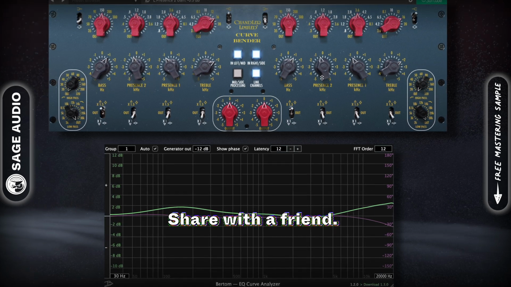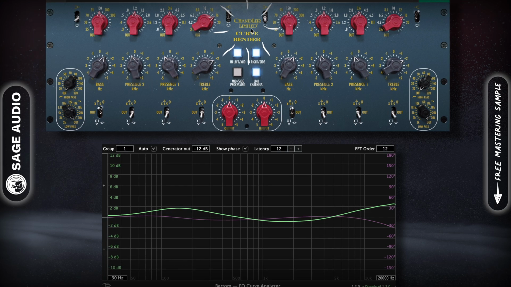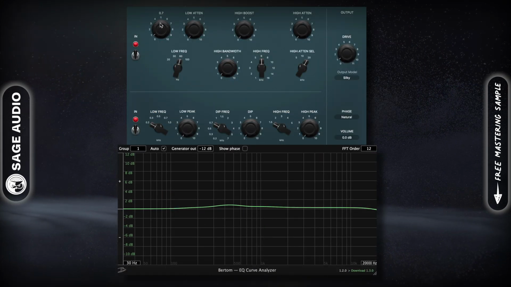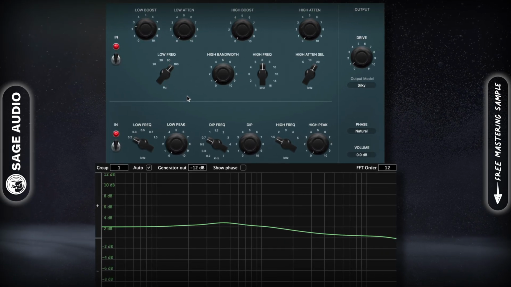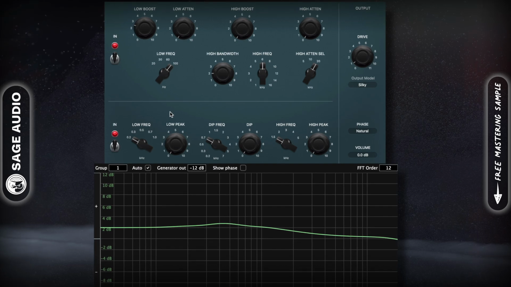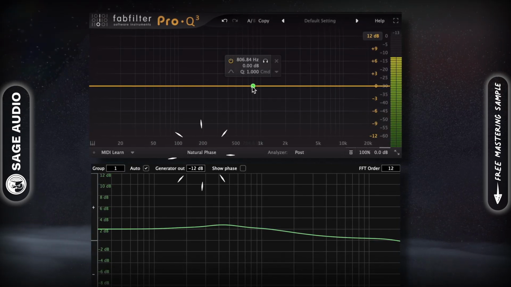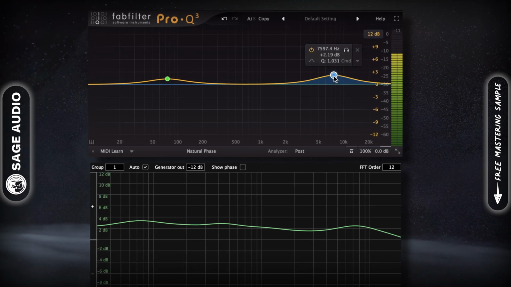Now, if you want to create a more analog sound with your equalization, use something like the Curve Bender or similar equalizer plugins. Sometimes a DAW will also offer an emulation of a Pultec or API equalizer, which is a good alternative. If you have the FabFilter Pro Q3, you can use the natural phase setting and look up some of the charts of your favorite analog equalizers to emulate the slopes and curves.